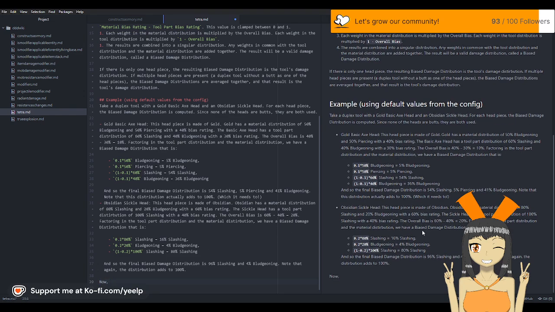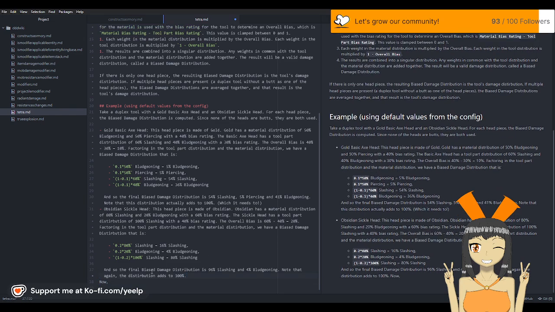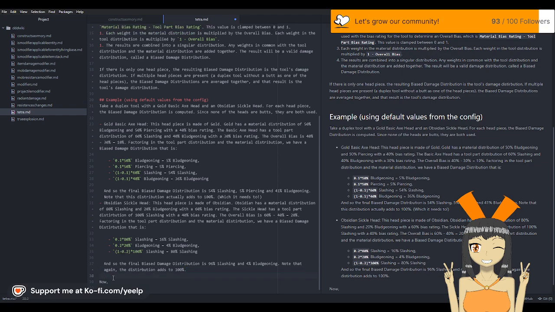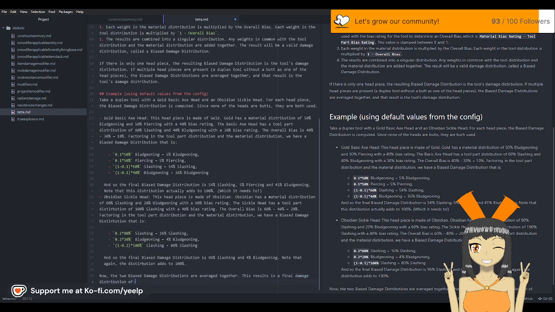Now, the two bias damage distributions are averaged together. This results in a final damage distribution of